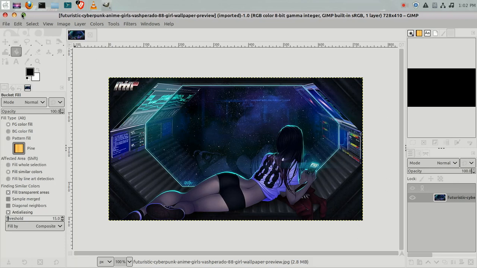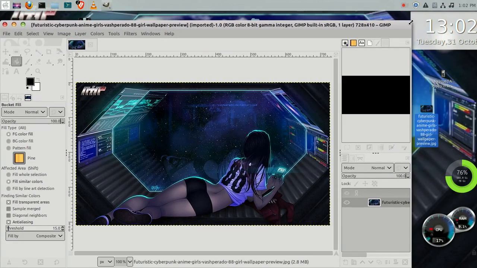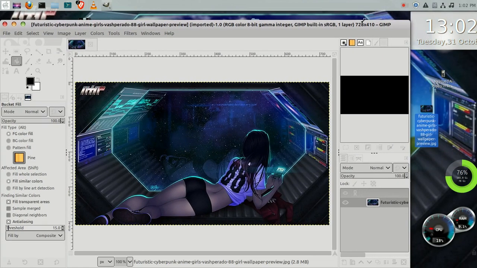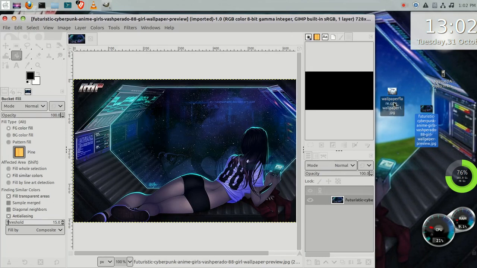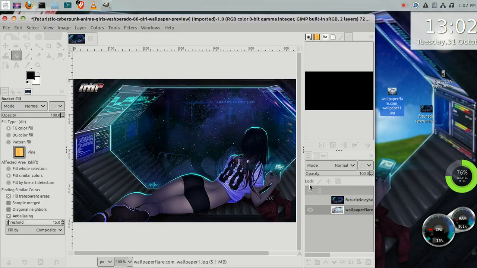So that you can see the immediate results of the picture underneath it, I'm going to go ahead and make a second layer. I chose another picture to put underneath this one from Wallpaper Flare, and I'm just clicking and dragging it over here somewhere. Ta-da! Convert it. There are two different size images, and we'll resize that picture so that it will fit inside of here after we get done